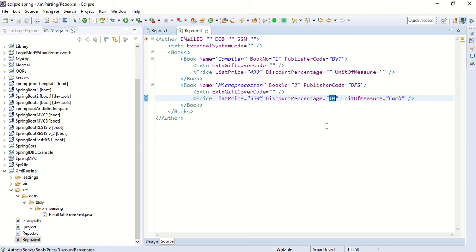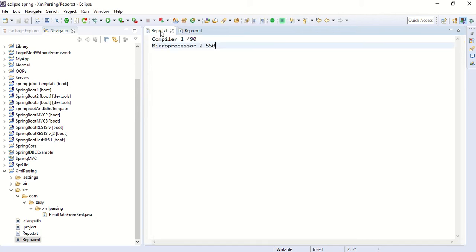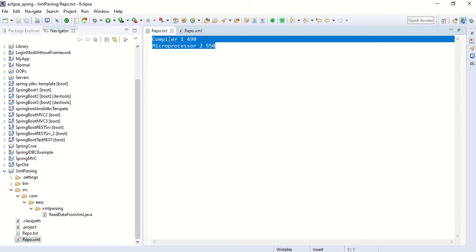But why do we need XML? That is kind of important. We need to understand it. What are the advantages of XML? So to understand the advantage of XML, let's look into the text file. If I give this file to someone, he will not be able to understand what this data means.